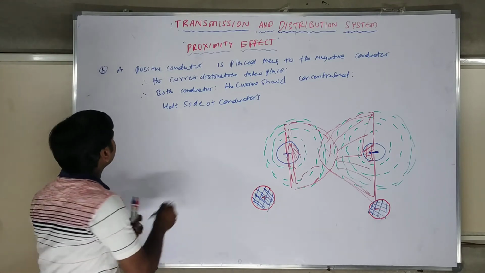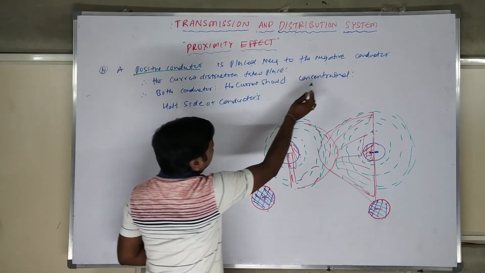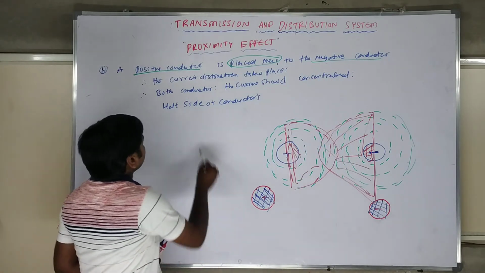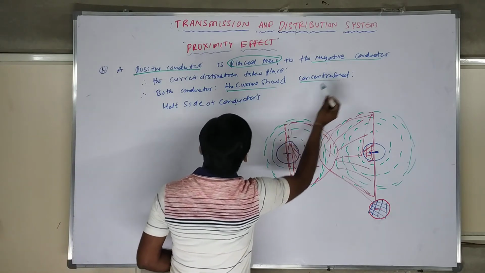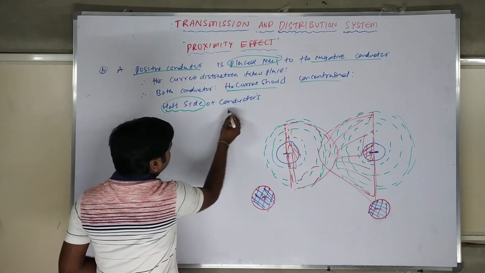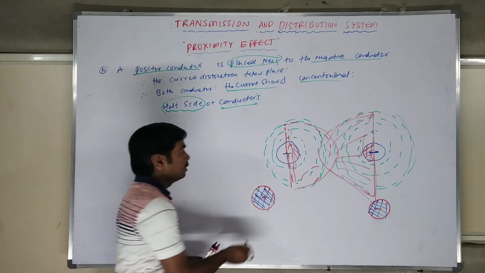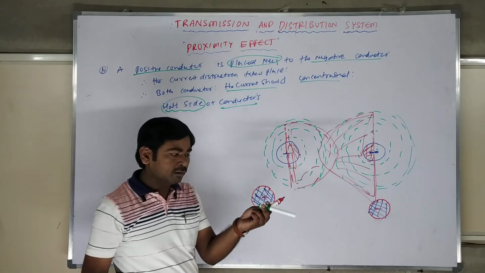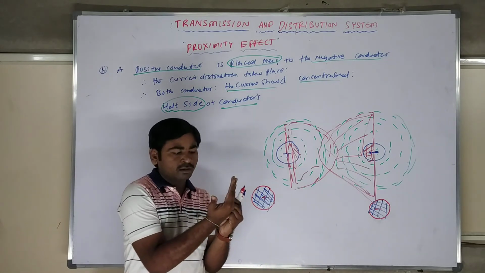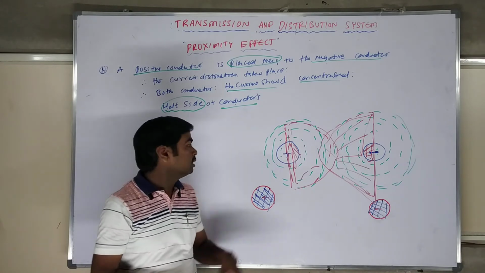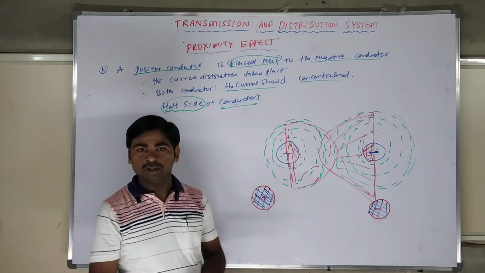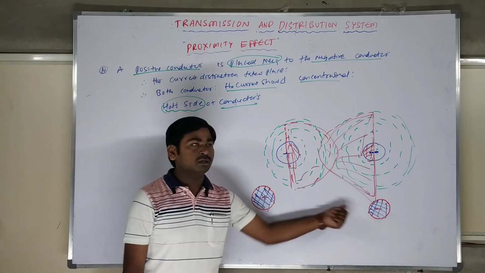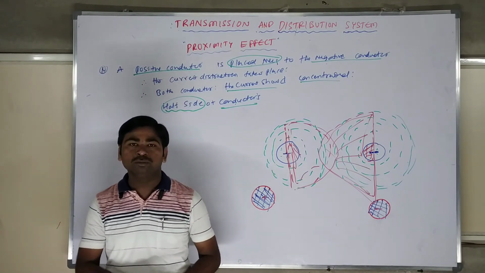Once more: a positive conductor and a negative conductor are both placed near each other. In both conductors the current is concentrated at half side of the conductor rather than the full side. The other part will be empty, because even if you have used the full cross section area of the conductor, the current flows towards the edges. So this is a waste of conducting material, and therefore this affects the conductor. Such an effect is the proximity effect.